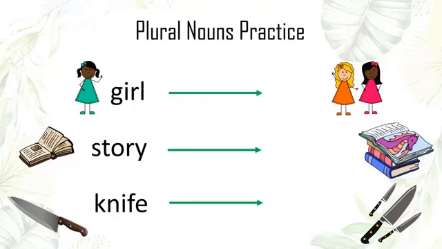I want you now on a piece of paper, just rough, not neat or anything, as we go through this, to see if you can figure out the correct plural for the following nouns. Please remember that spelling is important. If your spelling is incorrect in a test or an exam, you are not going to get it correct. So our first word is girl. The plural form for girl is